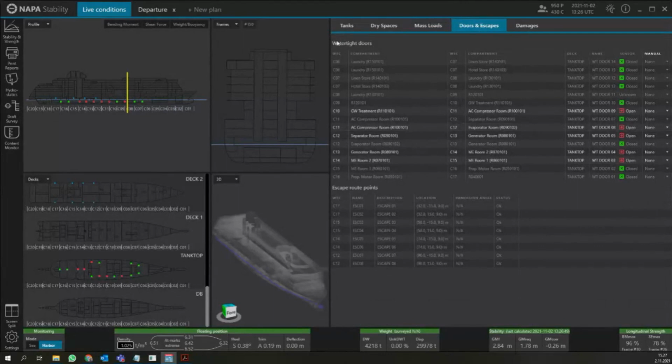We have two sections here. We have watertight doors, and then we have escape route points below here. According to new type 4 loading computer rules, there has to be a function to monitor these watertight door statuses and give a user